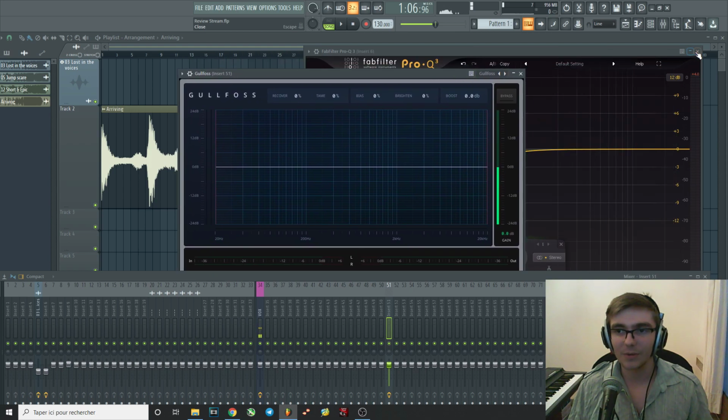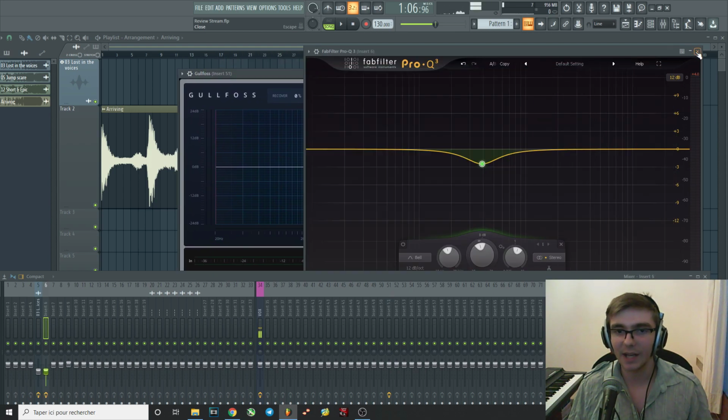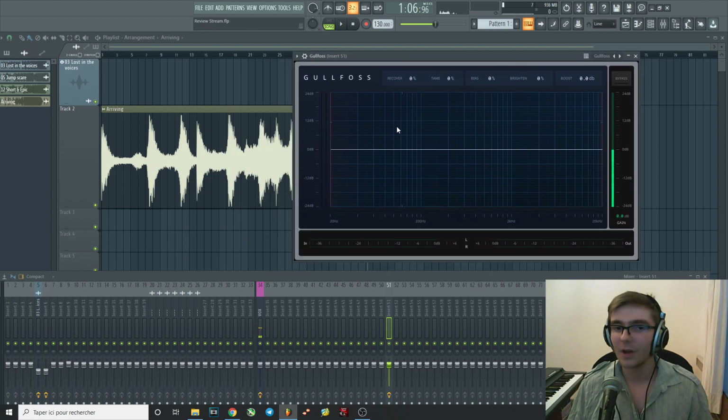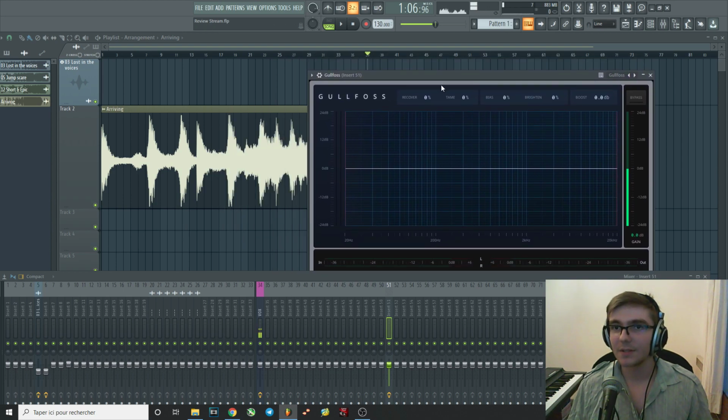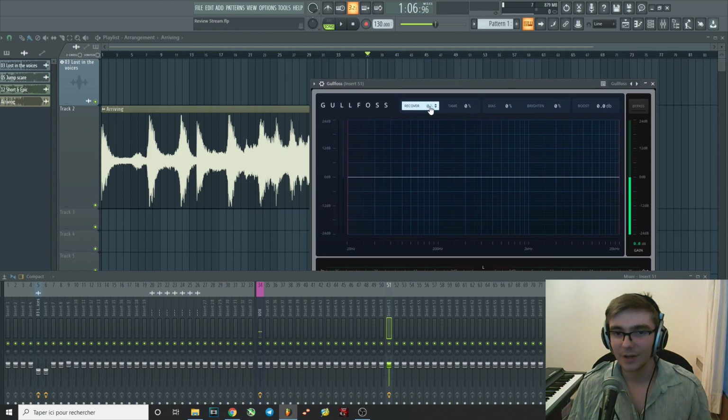Just to demonstrate how clearer it could sound by cutting the low mids, I have this plugin which is kind of an automatic EQ. It's basically going to try to detect where the mud is and push the track's frequency response towards a correct target curve. So if you look at what it's doing here, if I put it on your track,